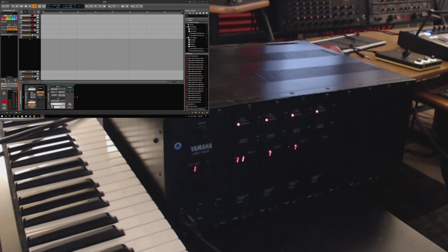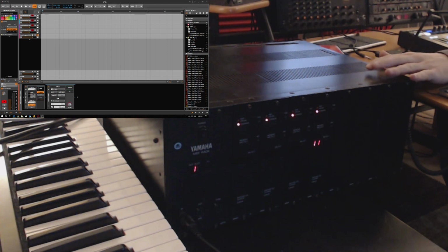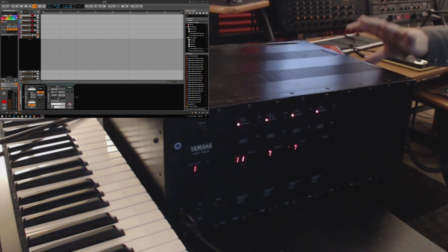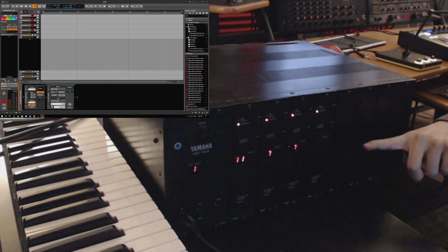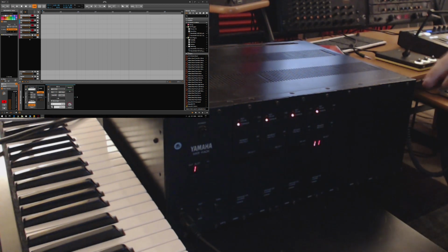I was messing around with this puppy right here. This here is the Yamaha TX816. It's actually technically the TF1 with 4 modules. It's basically a DX7 in each module. I've been messing around because I had to replace the battery in one of these things so that it retains